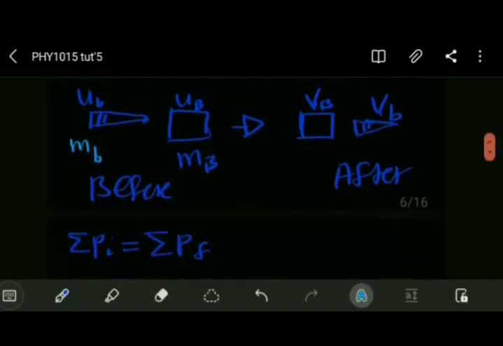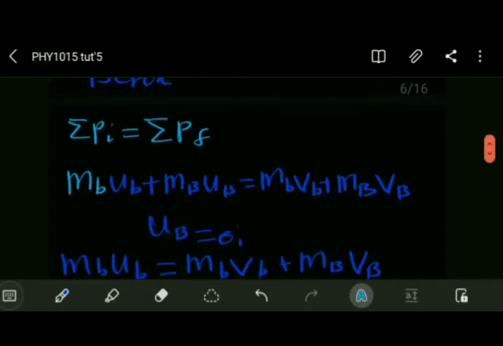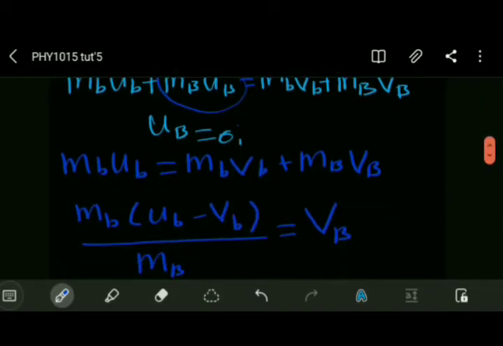Okay, so the conservation of momentum is saying momentum before must equal momentum after. Okay, so here this is what we have. Momentum before must equal momentum after. Okay, and we know that UB is 0, therefore the momentum, this guy here, becomes 0. So now we are going to remain with